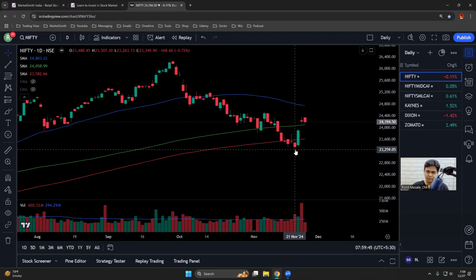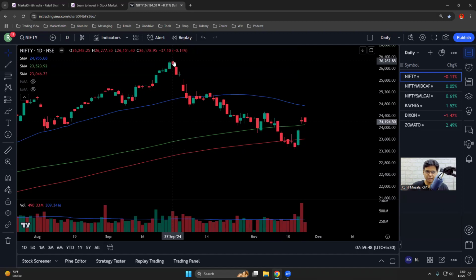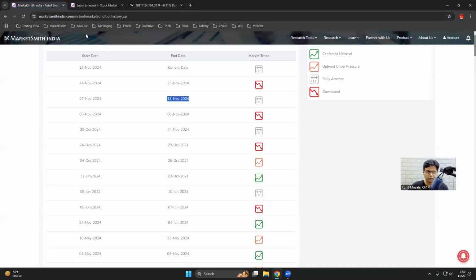Another way the uptrend is confirmed is when this high is taken out. That's the recent high. That is another way to determine whether the market is in a confirmed uptrend or not. So now I hope you understand what a rally attempt is. Now after the rally attempt, the market went into a downtrend. So if I click here,